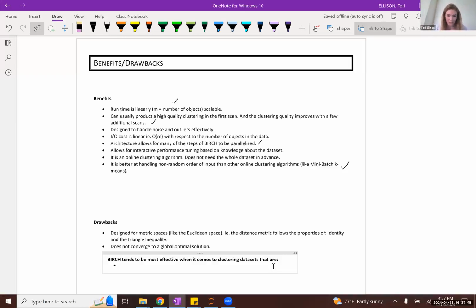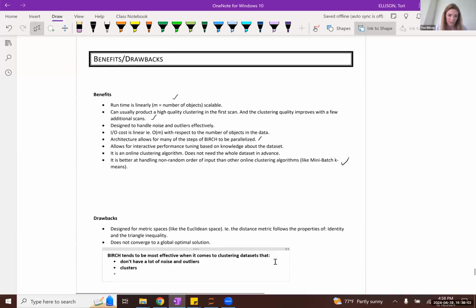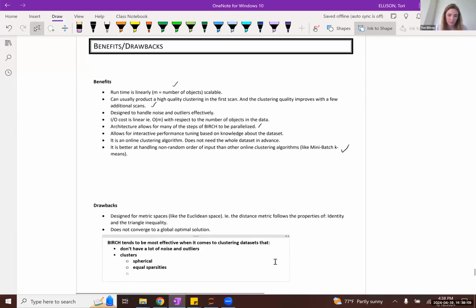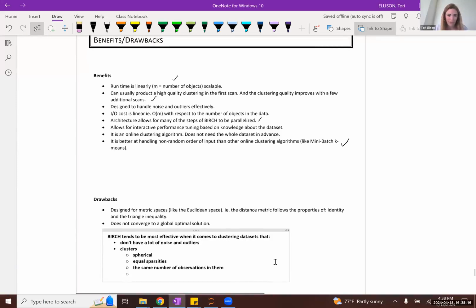data sets that don't have a lot of noise and outliers, and where clusters are spherical, of equal sparsity, and have the same number of observations in them, and where you know k ahead of time.